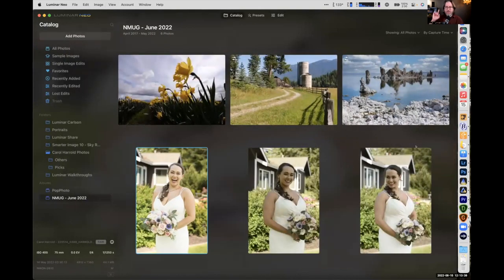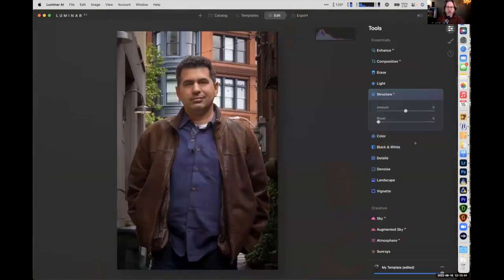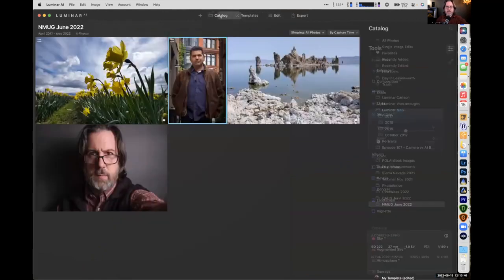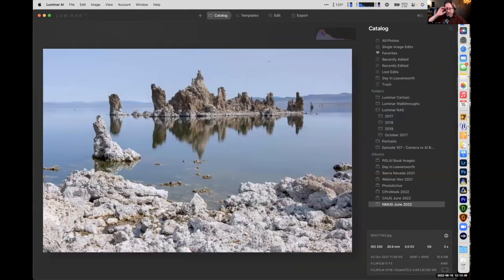Okay, one last thing about making selections. And I have to admit, I completely rolled my eyes when this feature came out. There are times when you will go on a photo shoot and you're going to get skunked by the weather. So in this case, this is at Mono Lake in California. And the only time I was able to be there was smack dab at the top of the afternoon. So there's no interesting clouds. The sunlight is pretty harsh, but